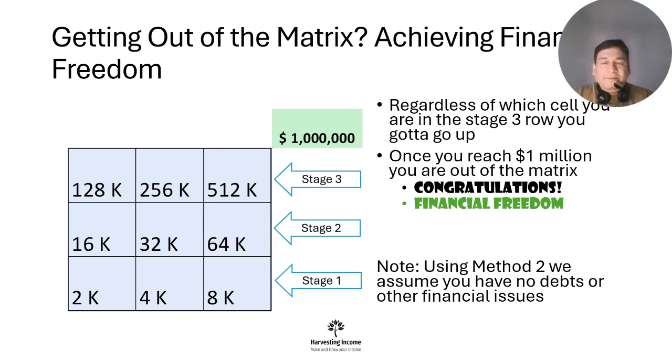That's the whole idea. Of course, you always have ups and downs in life, and you will have these ups and downs, where you can move up or down in the matrix. There's nothing wrong with that, but you don't want to fall back on a continuous basis. So regardless of which cell you are in, you have to go up. And once you reach stage three, you still need to go up. It doesn't mean that once you reach six figures, your life is secure.